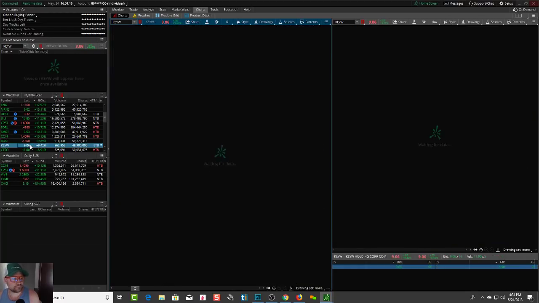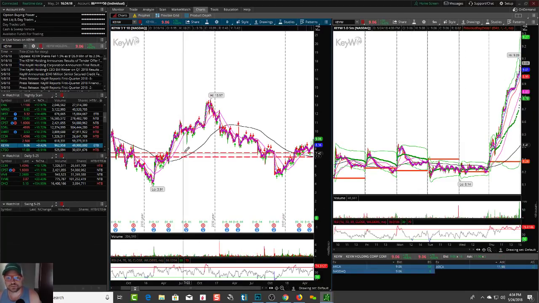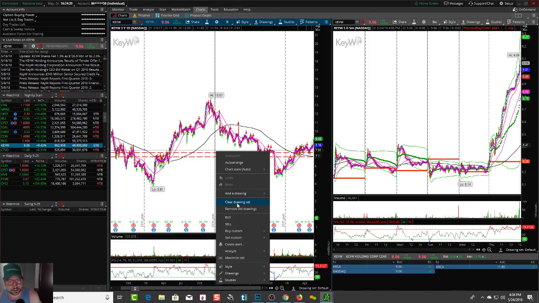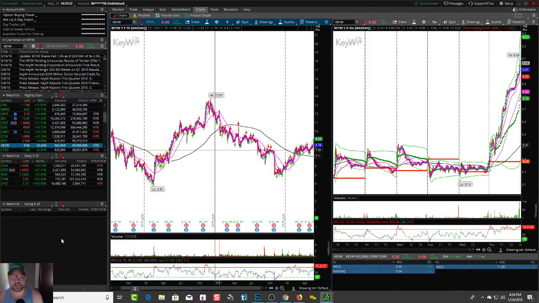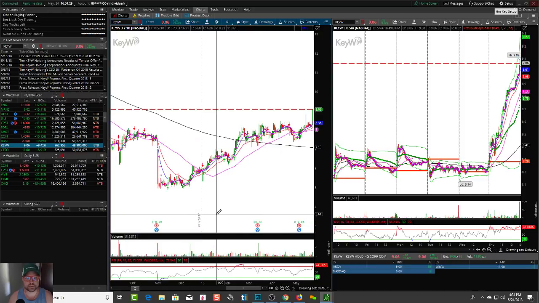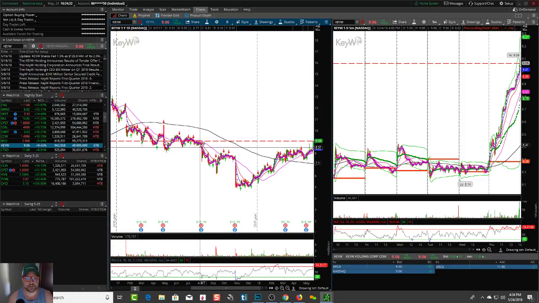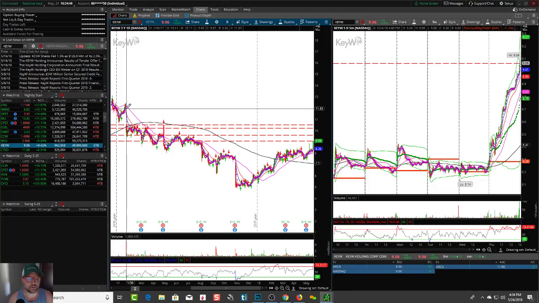Don't like it. This one might not be bad to look at. Let's see. A little bit overextended on the daily, right over here, broaching overbought. But you can see here, what do you guys see? Patterns, guys. Left shoulder, head, right shoulder, about a neckline here. Then the neckline just starts continuously going upwards, right? So if it breaks out of this neckline, then it kind of keeps going up, right? These upper levels. And then you can see a gap up in this level over here, right?